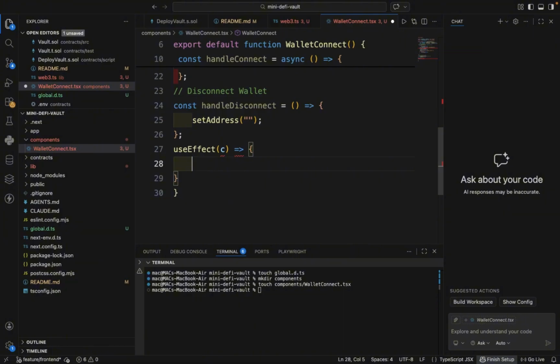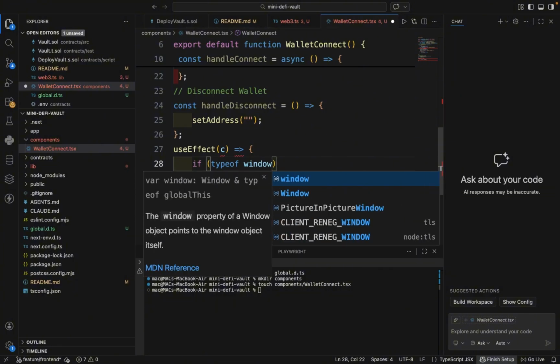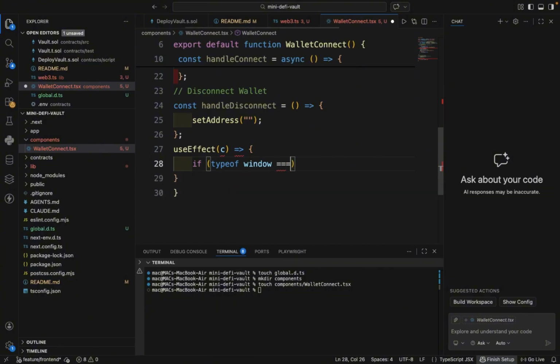So if the wallet connected before, if type of window is undefined, or